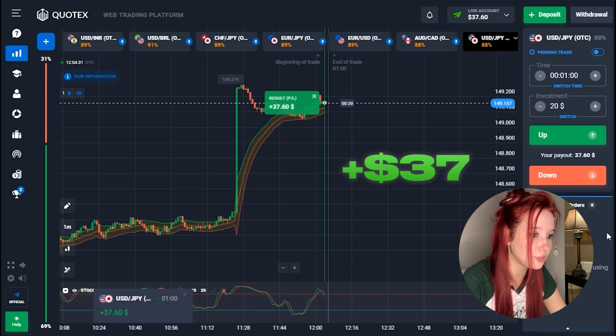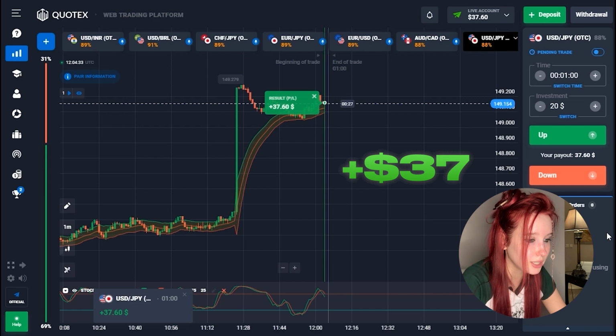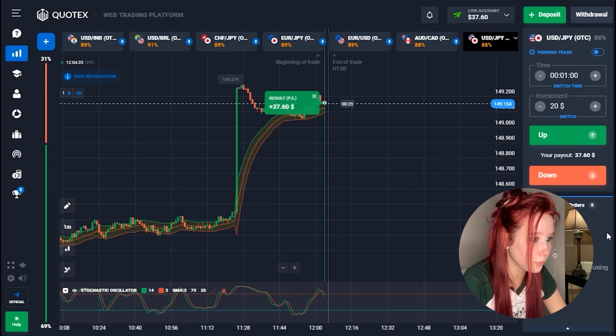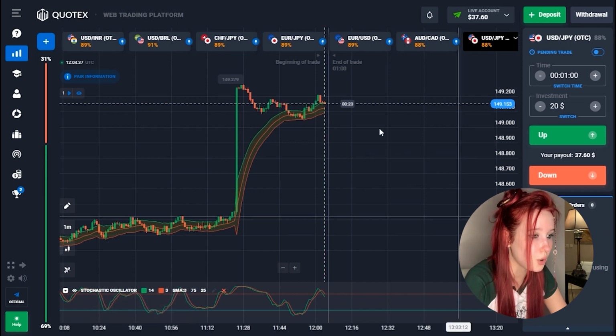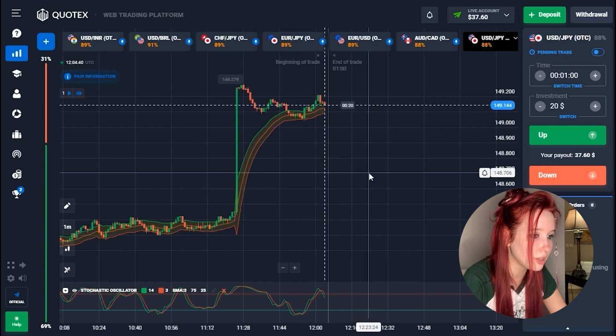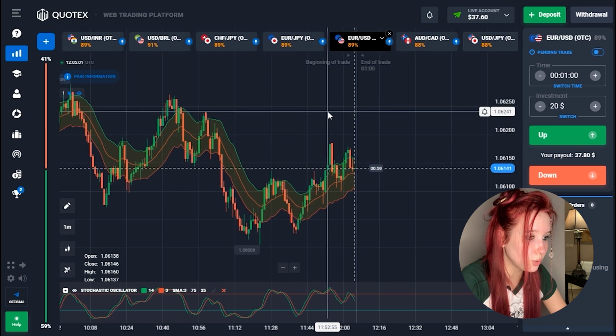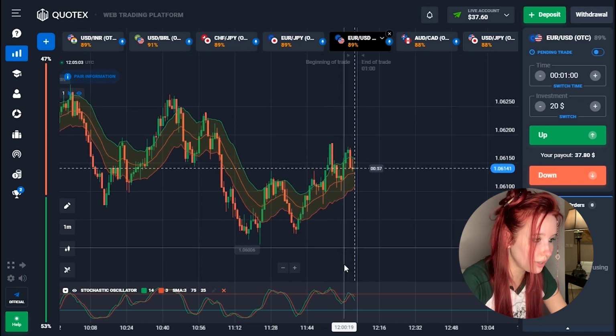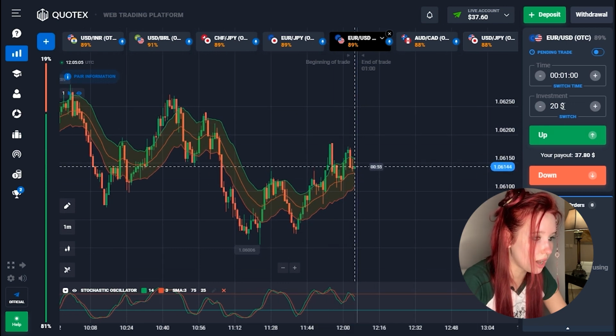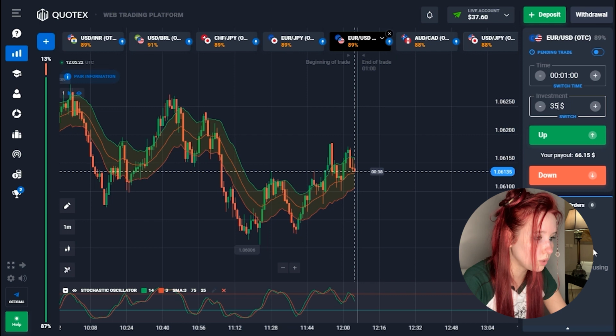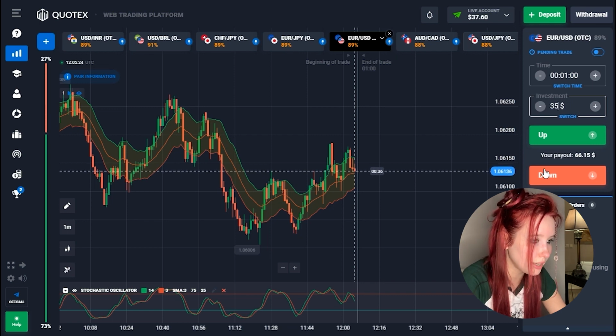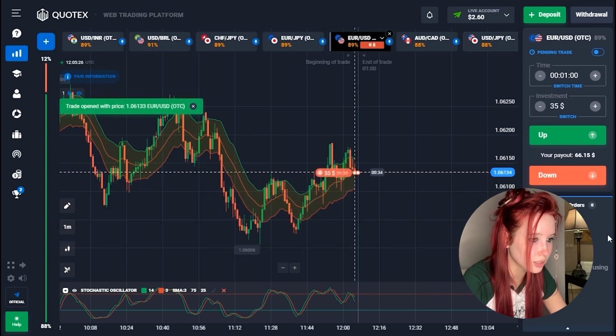My first profit for today, and now my balance is $37, which is great. So let's continue trading and find the right moment to enter the trade. The price has a very good potential for decline. The indicator also confirms our entry point. This is the intersection of the 75 mark. So let's open a 1 minute downside deal at $35.